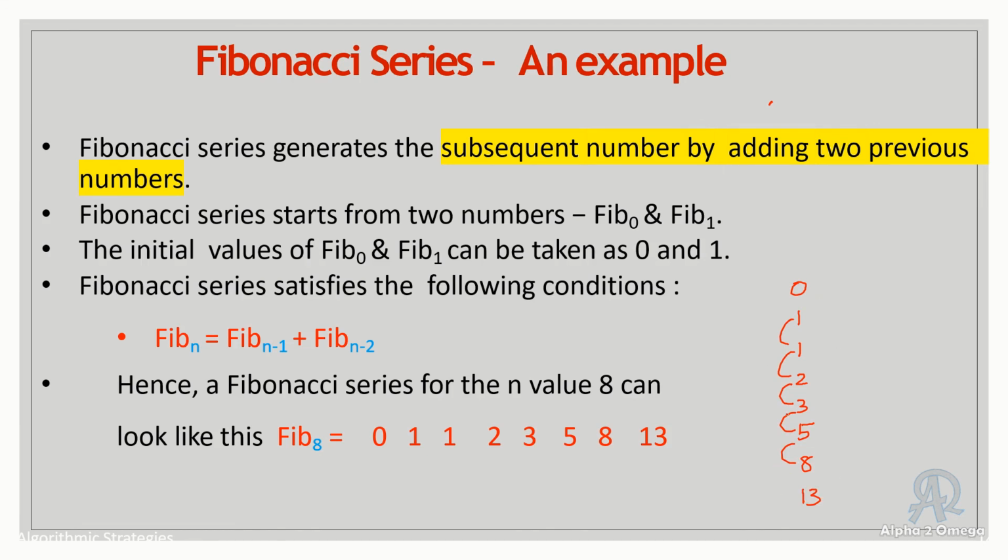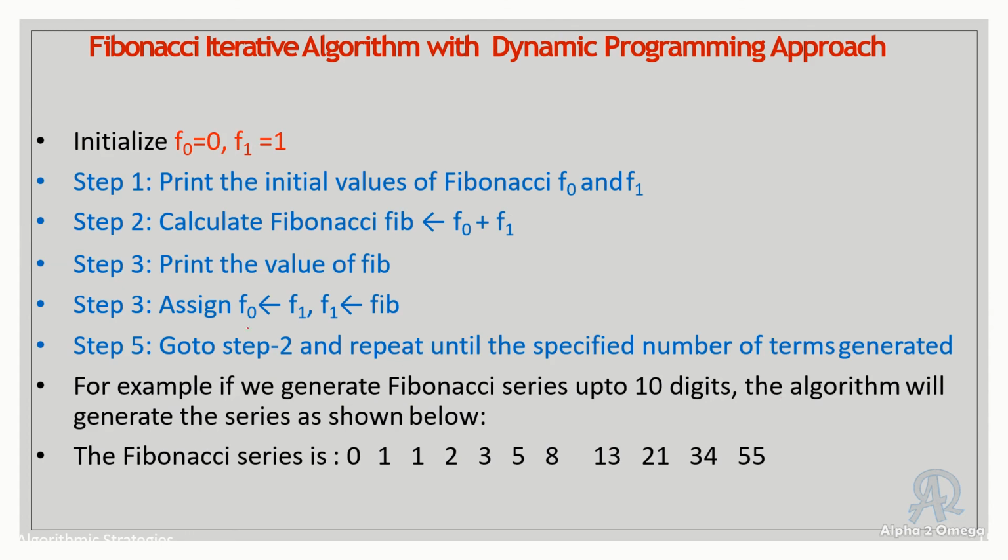So what kind of approach is used here is the dynamic programming approach என்று சொல்றாங்க. Okay, because the output of the previous one is going to be the input for the next one, isn't it? So that is how we are getting the series, right? So that is what is explained here, and you have to write an algorithm for that. Okay, so இது கூட you can write in your own words. So you can initialize, then print the values of the Fibonacci series, then you have to calculate. So write the formula correctly, print the value. Now again you are going to assign.